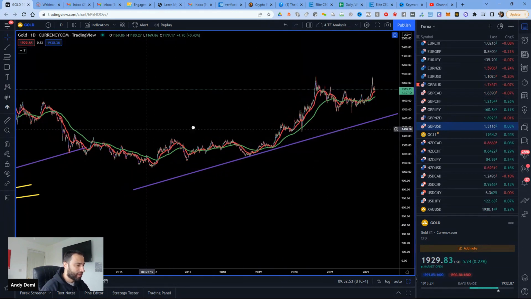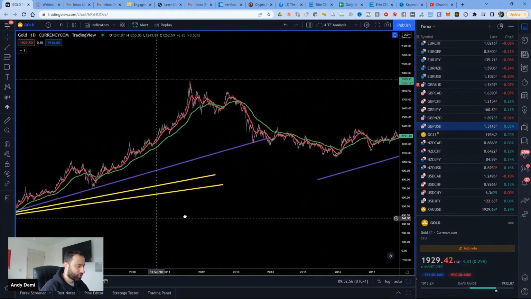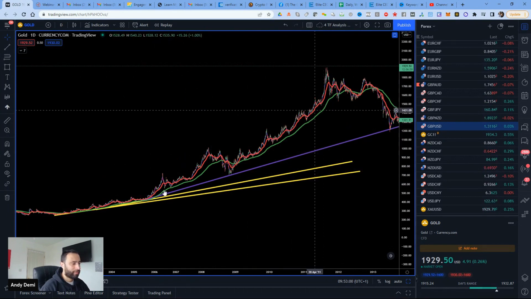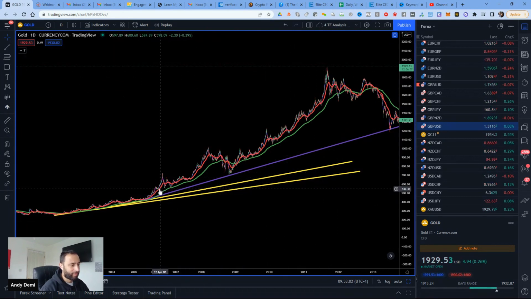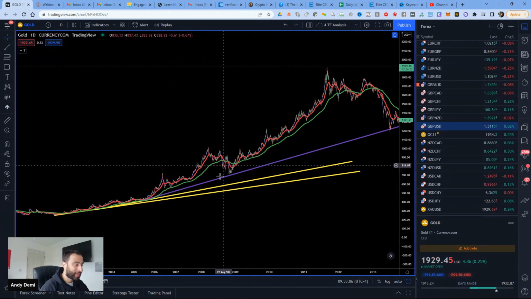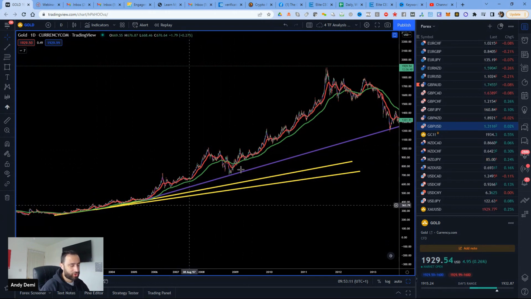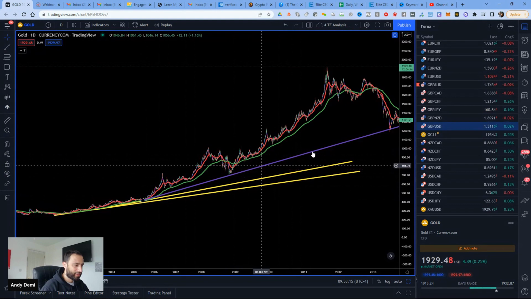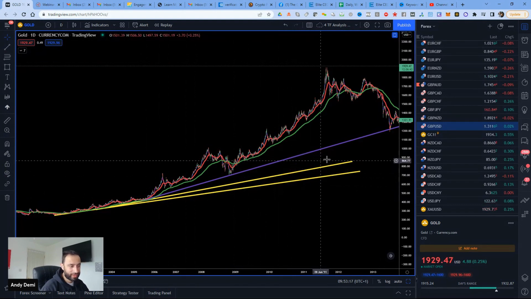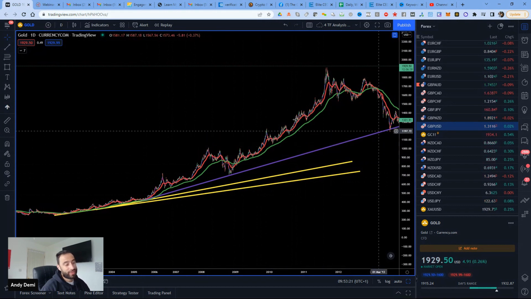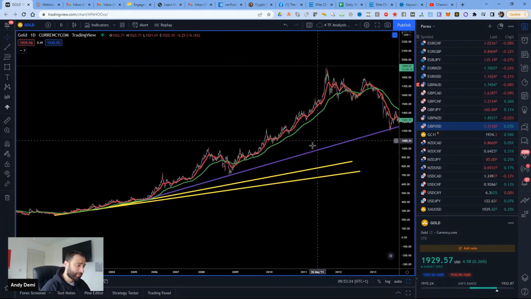If we go back to these strong trends, you can see that on the whole, the 50 moving average was above the 200-day moving average, apart from this little blip here. Now, I've actually drawn in some outer trend lines here, and I've changed the color of this one to purple because I see this one as being quite significant. So why do I see it as being quite significant? Because,